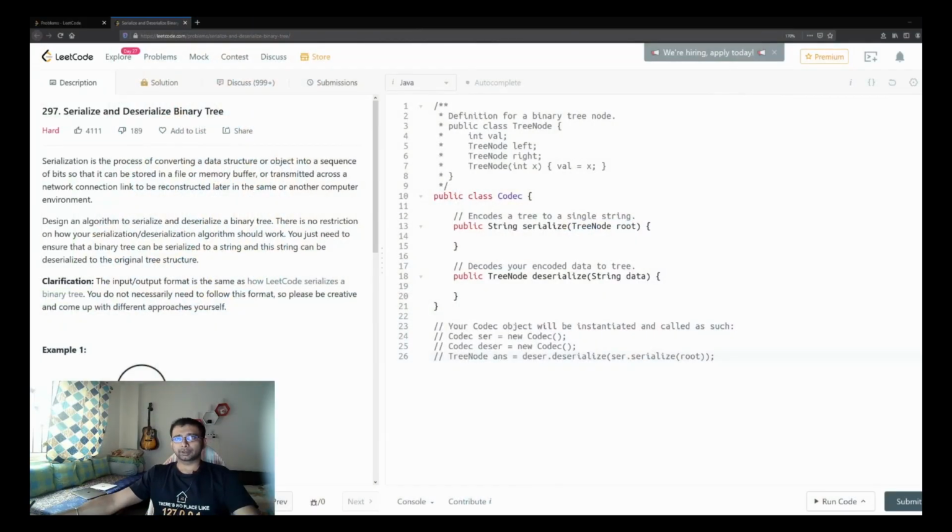So today, once again, we are going to look at a hard level problem from Leetcode. The problem number is 297. It's about serialize and deserialize a binary tree. It's a hard problem. So the description says serialization is the process of converting a data structure or object into